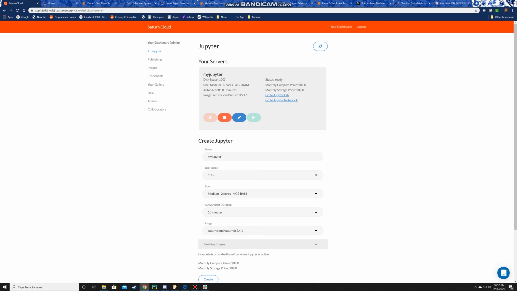Now, Saturn Cloud, to give you a little background, is a distributed Dask cluster that's been set up as software as a service so that you can run code without having to deal with Docker images, without having to spin up your own Jupyter Notebook session, without having to manage a Dask cluster, and without all the nitty gritty details that you would normally need to do to run data science.